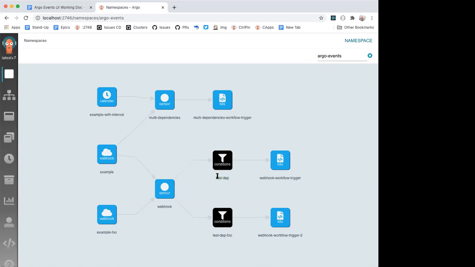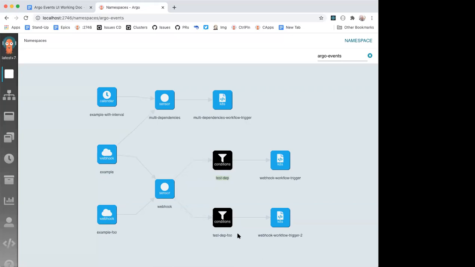But I think this is the wrong thing to call it, because it doesn't really show that this test step one only requires the webhook to trigger, and this test step foo only requires the foo trigger. I don't think that's at all clear. In fact, it's not at all clear in the interface, and I would like that to be clear.